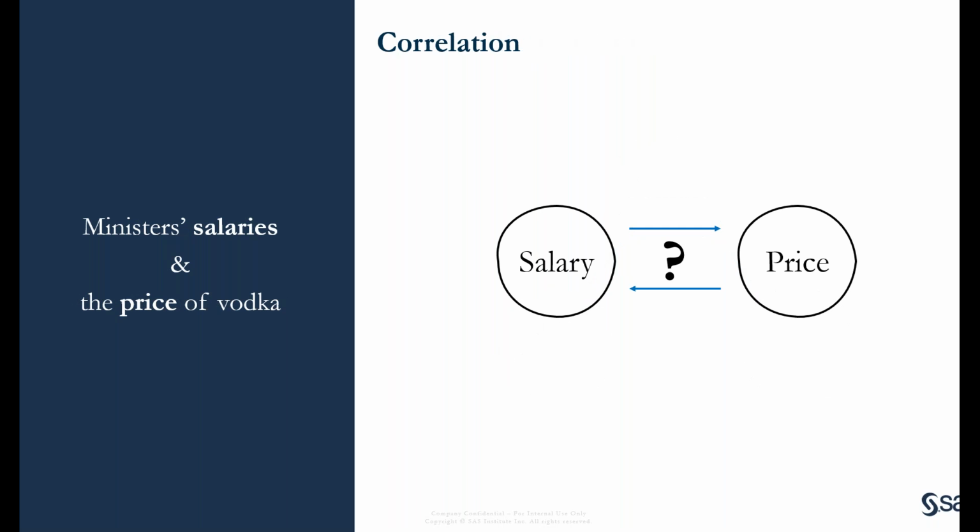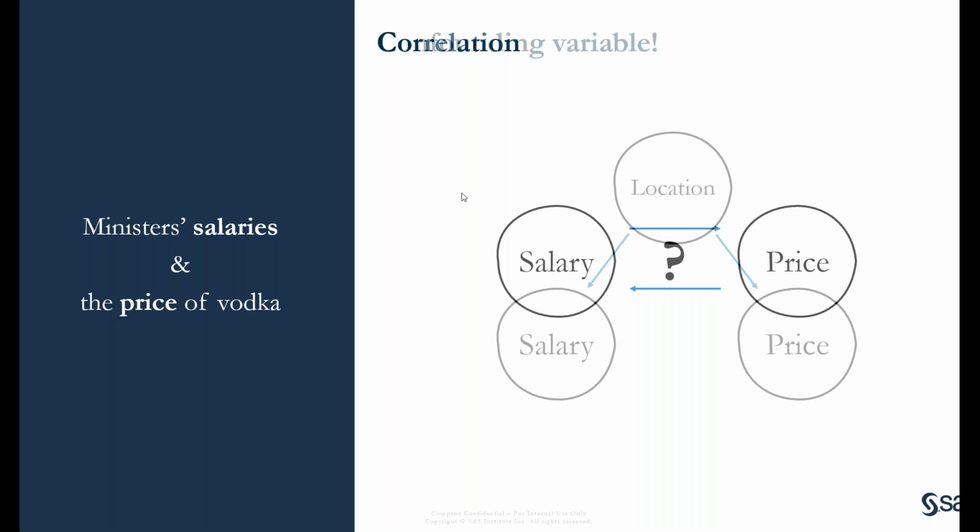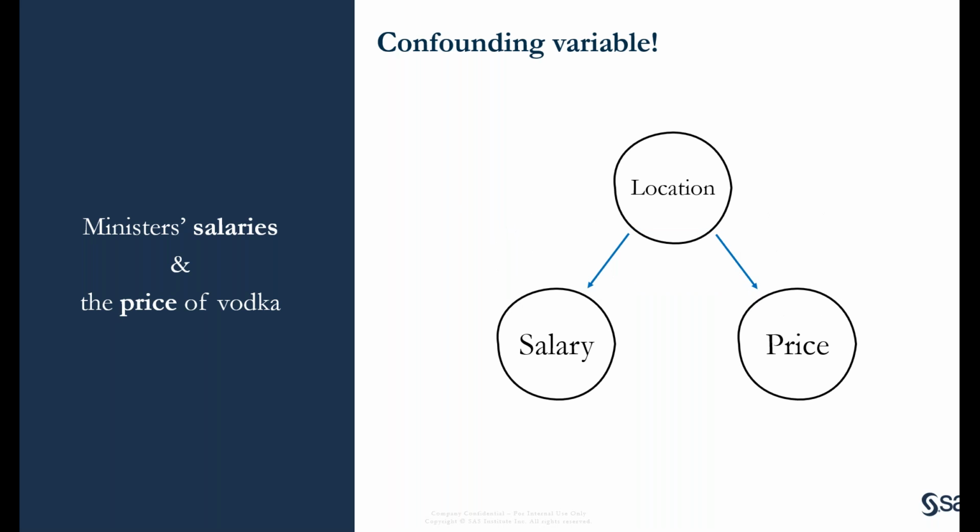Here, I've got a couple more. This is a good one. Ministers' salaries and the price of vodka are actually correlated. You might think, oh gosh, what's going on here? What's actually going on is location. It's this urban and rural split. Ministers who live in rural areas are paid less, but the price of vodka is also less in rural areas. If you've ever bought a beer in Chicago, it's clear, $12 for an IPA or whatever. By including location, the confounding variable, you remove these spurious correlations that might have tripped you up.